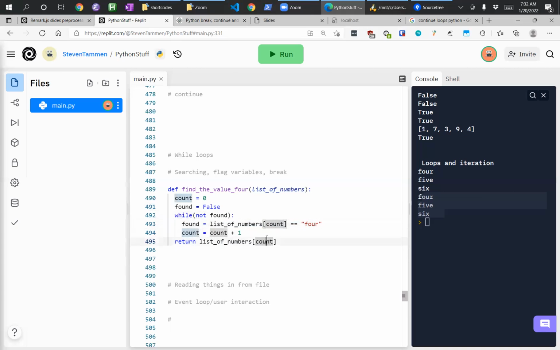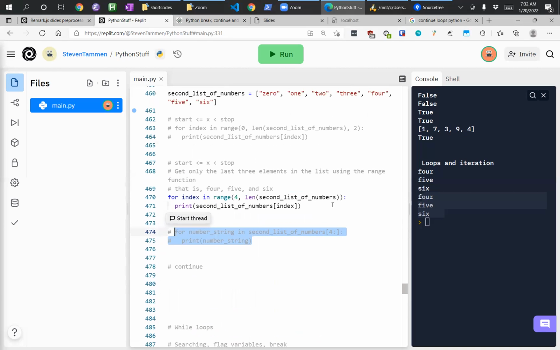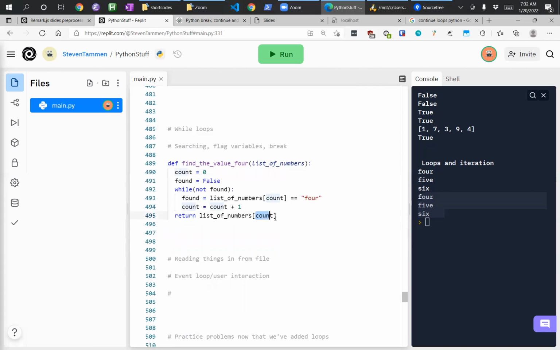Okay, so that's one option. And then at the end, you see that the value of count will be retained when we break out of this loop. So when we run this here, let me go ahead and comment out most of our examples. If we run this, we should see that the value should be 4, right? Because we're going to break out of the loop at the count where we are on 4, and then when we index into it, we should just get the string 4. We run this,